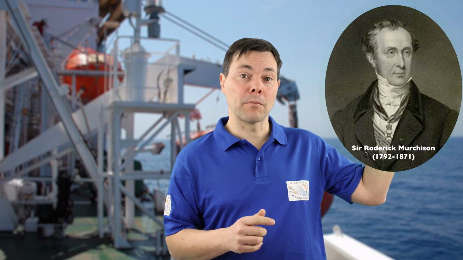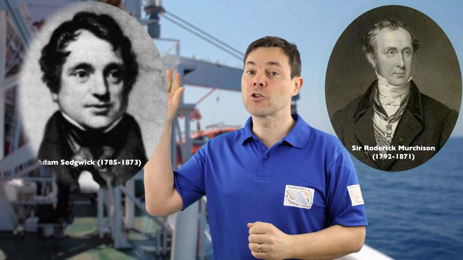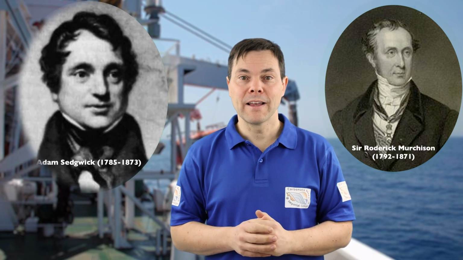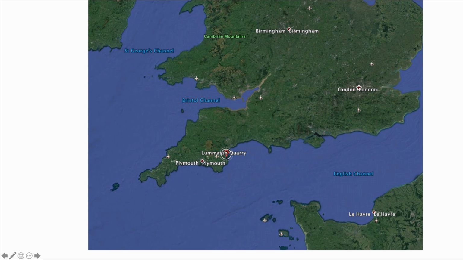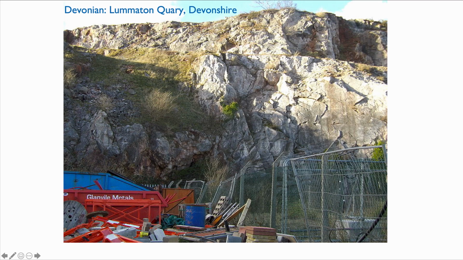And I want to talk about two giants of stratigraphy, Sir Robert Murchison here on my left and Sir Adam Sedgwick here on my right. Now these two gentlemen became enemies but started as friends, and this is the story of how this happened. It actually all started pretty well for our two friends, with the notion of a new stage for stratigraphic rocks,